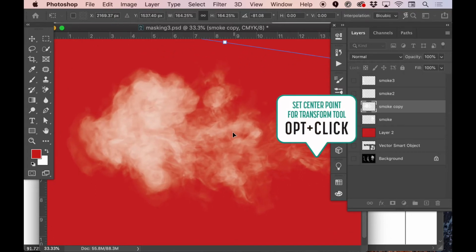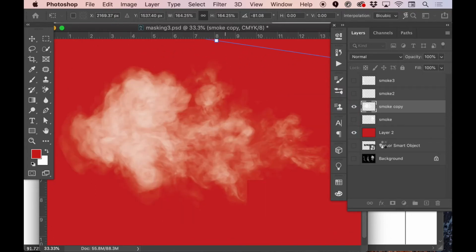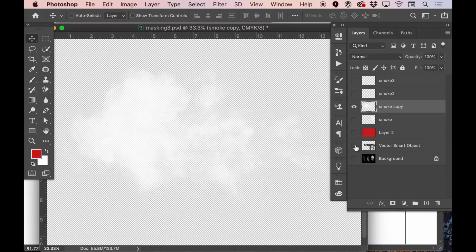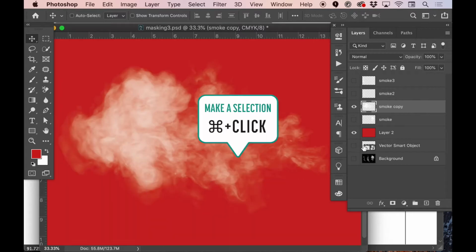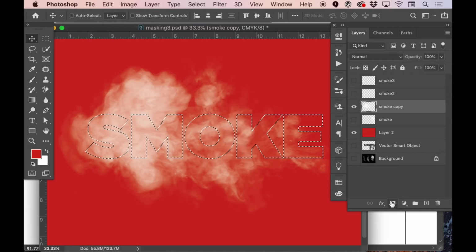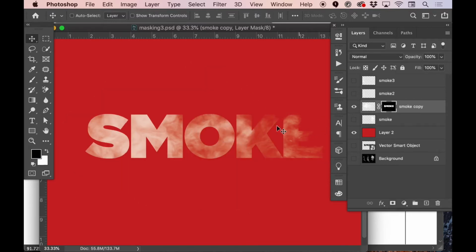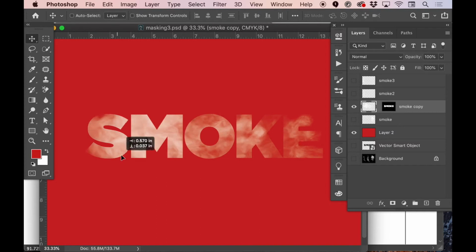And then I am going to use my type, and I'm going to make a selection of the type. It's hidden under here, but I can turn that on so you can see. And I'm just going to make a selection there and mask this smoke, and easily like that we have a pretty good smoke texture in this type. I can unlink it and move it around if I want to get that E to read a little bit more,